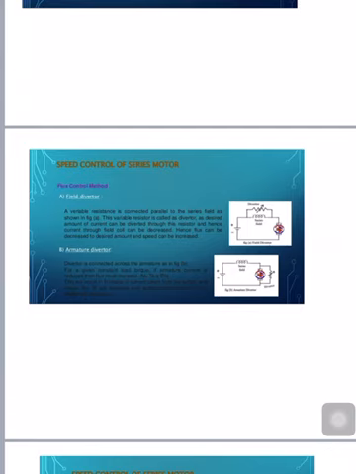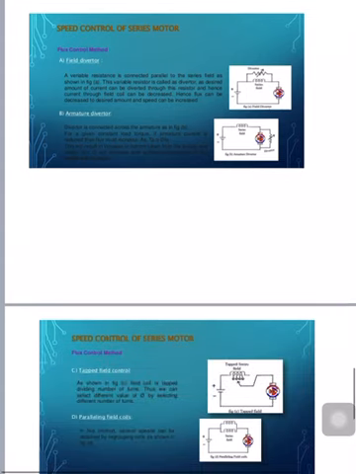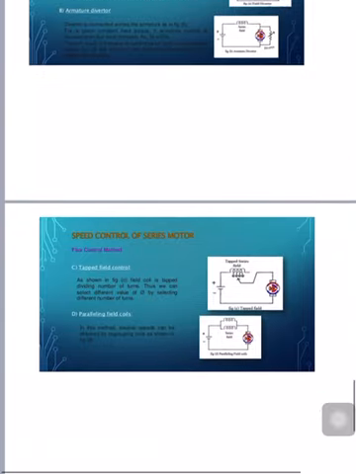That is, a diverter is connected across the armature. For a given constant load torque, if the armature current is reduced, then flux must increase. We know that torque is directly proportional to phi Ia, and because of the increase in current taken from the supply, the flux will increase and the speed of the motor will decrease. This is the armature diverter. First one is field diverter, second one is armature diverter, third one is tapped field control.